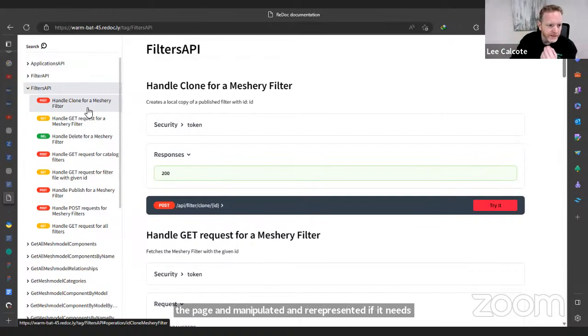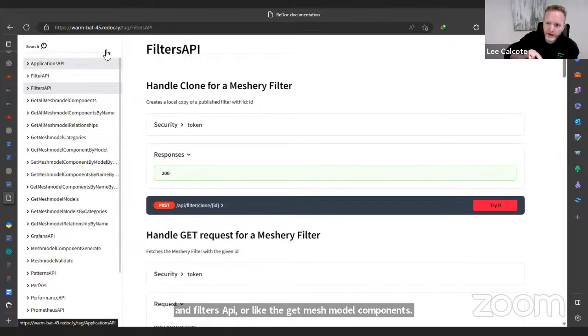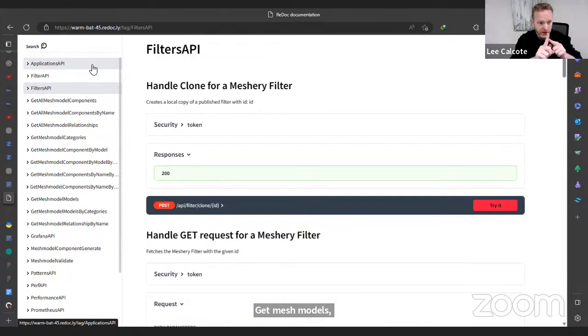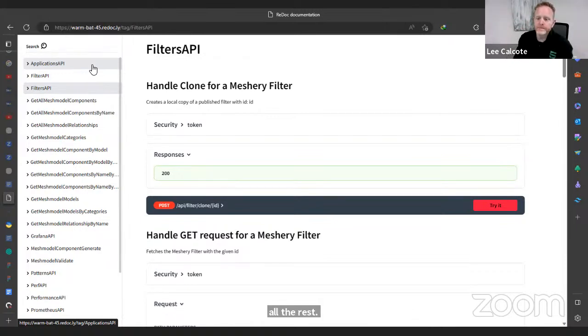Because, as an example, see where it says filter API and filters API, or the get mesh model components and the get mesh model, some of these we might want to bring together as a single API, so that developers who are contributing can come here and say, I'd like to interact with the mesh model API, and they don't need to navigate 15 different get mesh model entries. Rather, they would just navigate to one place that says mesh model. And then after they click there, they can see all the rest. If we wanted to restructure some of the content of the page a little bit differently, it would be helpful if